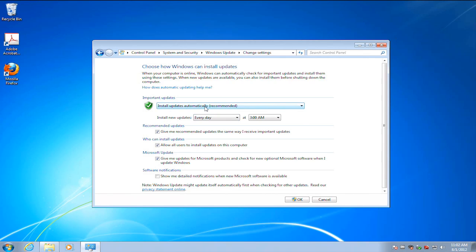Now, on some of my systems, I have this set to download and let me choose when to install them. If I'm working on a system where it's more important to me that the system not interrupt me and that I choose the schedule, this is the lowest setting that I personally recommend on a client. For the vast majority of users and for all non-technical users, I just leave this set to automatically install. And sometime in the middle of the night or as soon as possible after that, the updates will just be